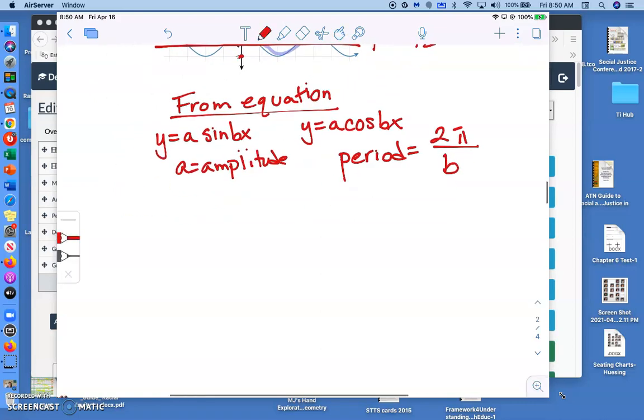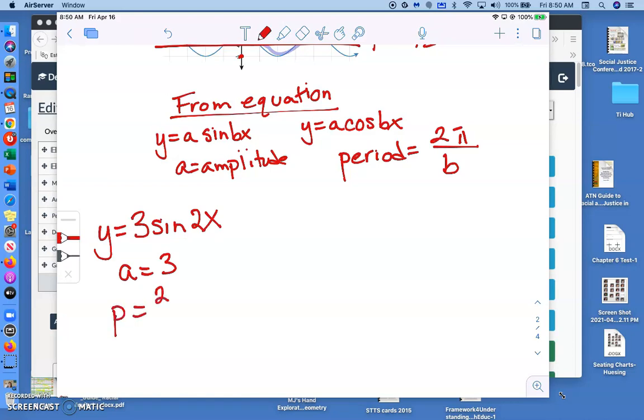So for example, if I ask you to graph something, y equals 3, the sine of 2x, our amplitude would be 3, and our period would be 2 pi over 2, which would just be pi. So now when you're graphing this,